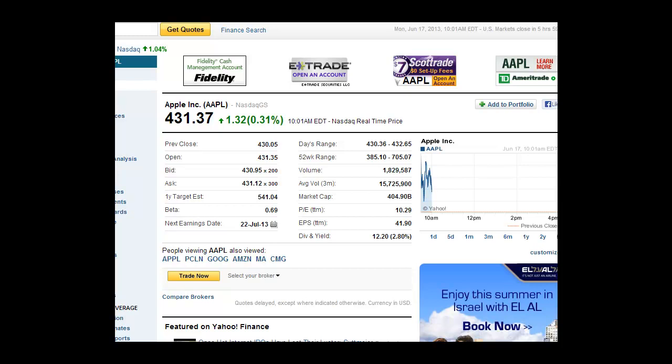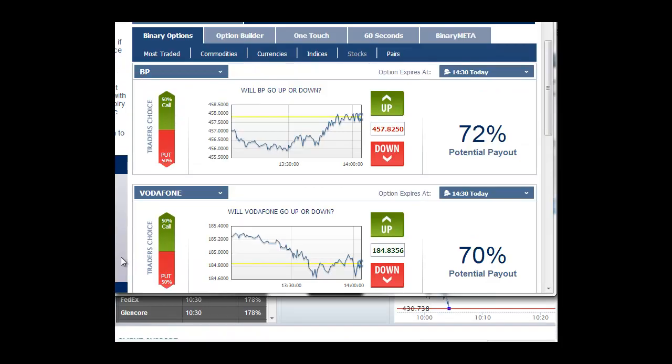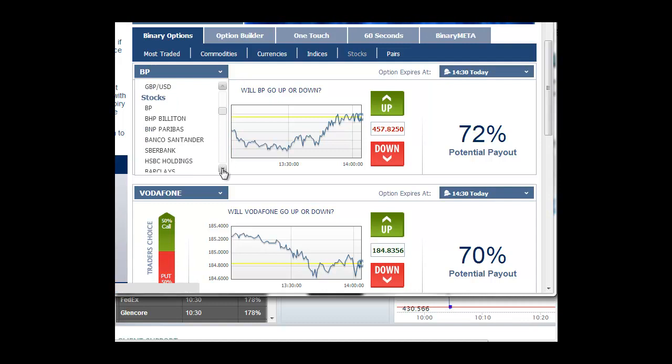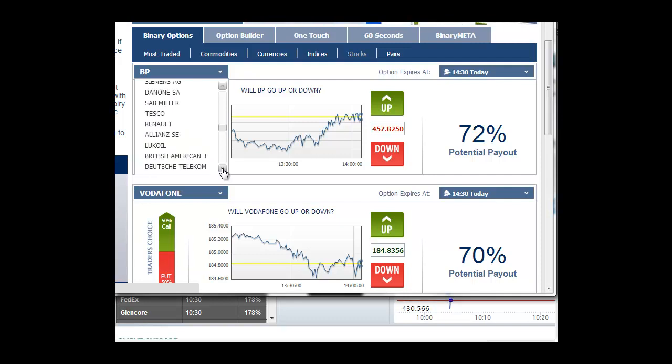So the first thing to do when you're trading earnings is to cross-reference the list of available equity assets with the earnings database and keep a list of expected earnings announcements dates. If you use Bank to Binary, so here's the Bank to Binary trading screen, and if you click on Stocks and then click on this tab here, up will come a list of all the stocks that you can choose as your underlying assets. You can see that most of these are European names.